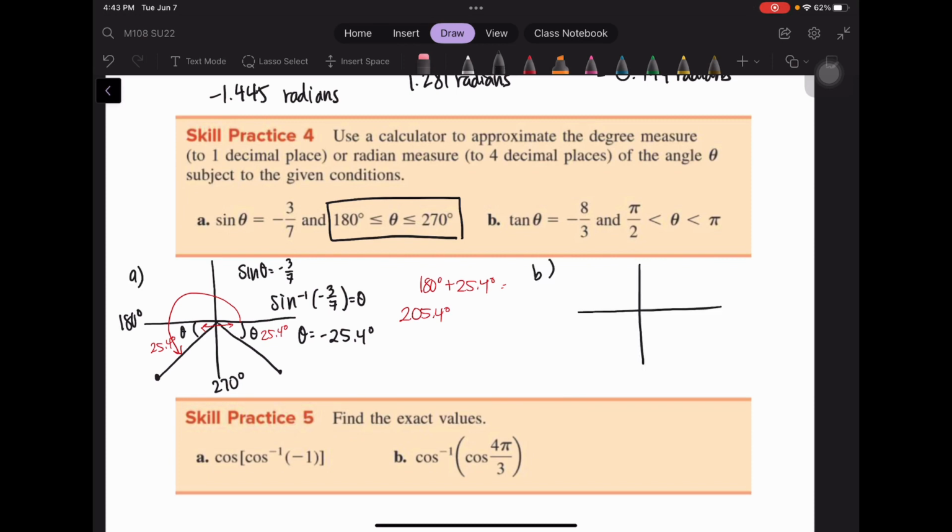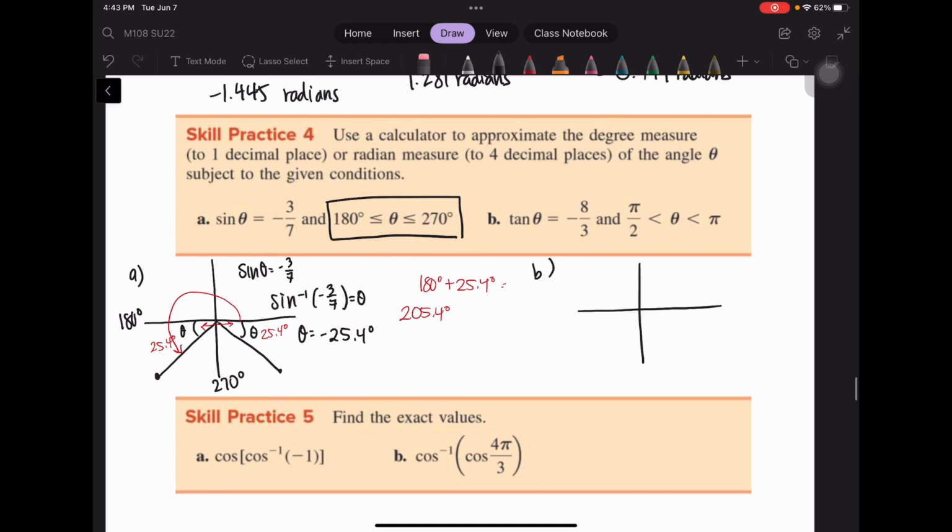For part B, we are asked to find the tangent of theta where that is equal to -8/3, and we are to be between pi/2 and pi, which is in the 2nd quadrant. We're looking for some value in the 2nd quadrant. Now in your calculator, if you do inverse tangent of -8/3, you get a theta value of